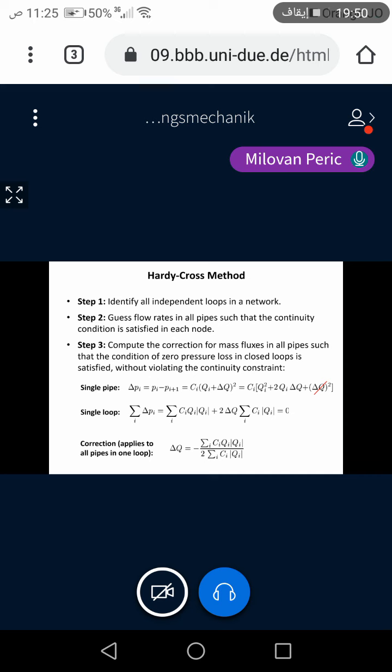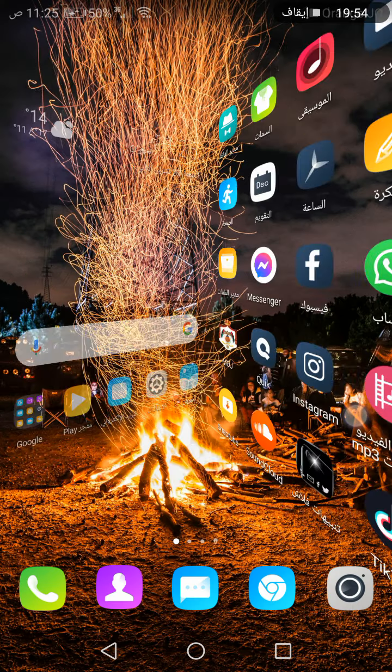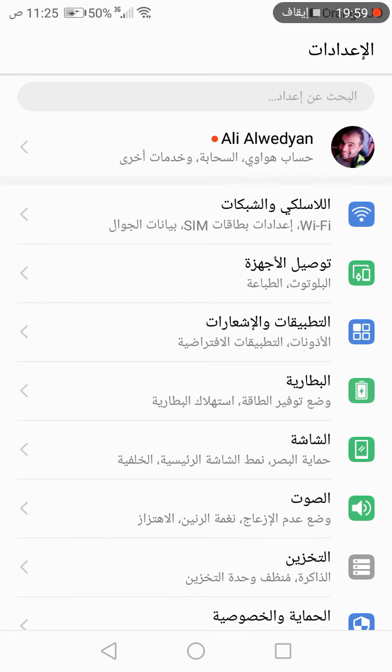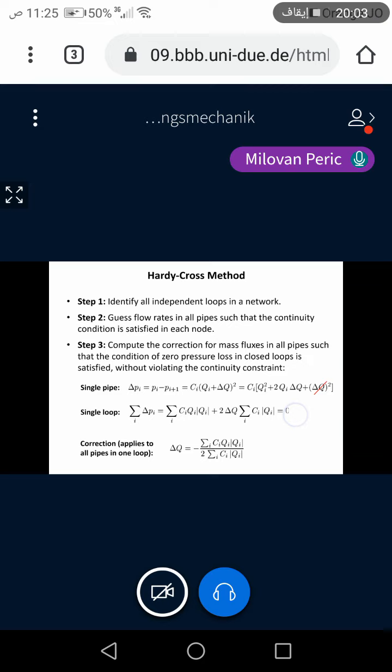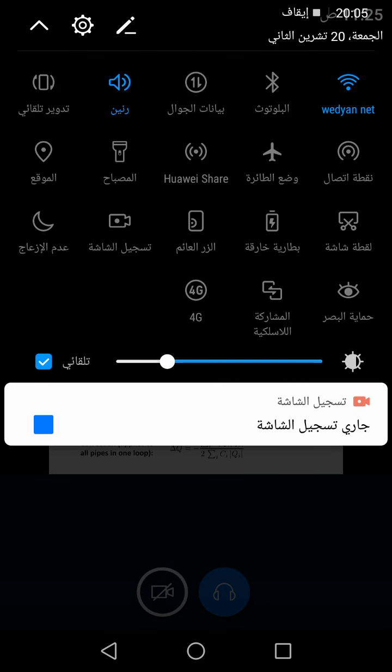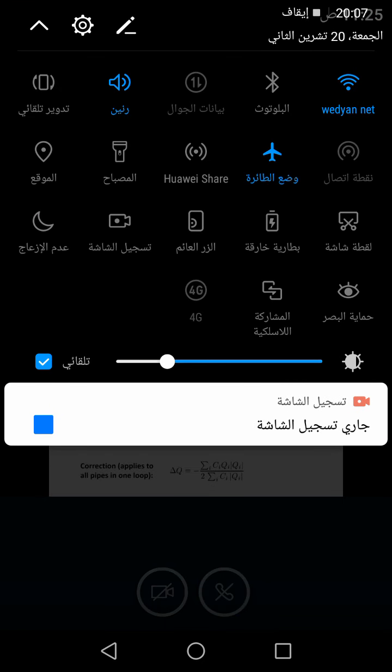If you enter the data about the network in a computer by numbering all nodes and then numbering all pipes and defining for each pipe the nodes on the left and on the right. Then there are computer codes based on graph theory, which